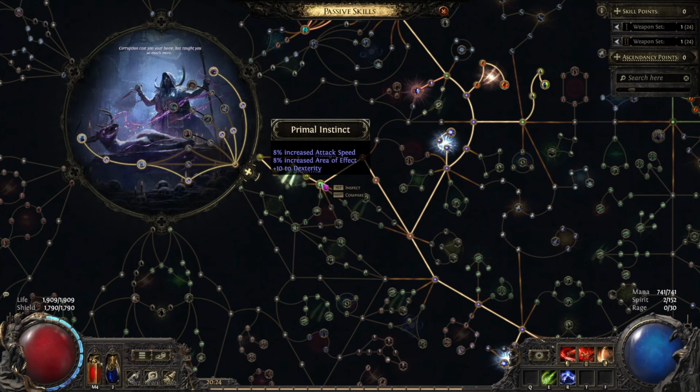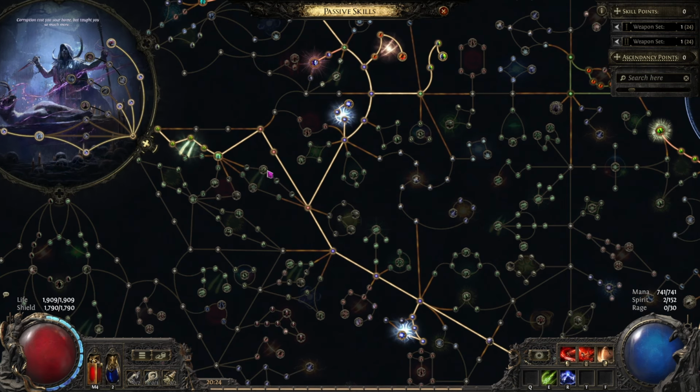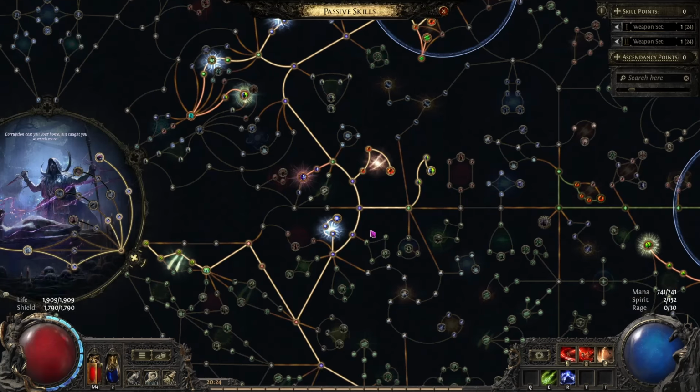We go attack damage. We go here to get attack speed, dex, area of effect. And we're going to dip in to go avoid these right here. Don't worry about these because we're not really doing any projectile attacks. I shoot out this way to get all of these crit nodes right here,